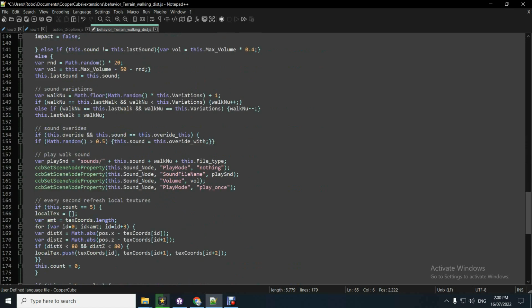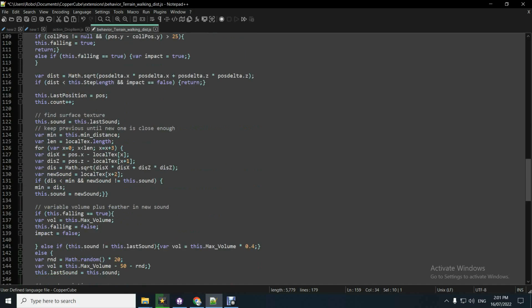Now, if you want to know what code to use to dynamically change, for example, the volume of a particular sound, you can do something like that. So there's the set scene node property. This sound node, or this keyword, it's a whole study in itself. It's a weird sort of situation, but basically what it's able to do with this in front of a particular variable name, here's this sound node